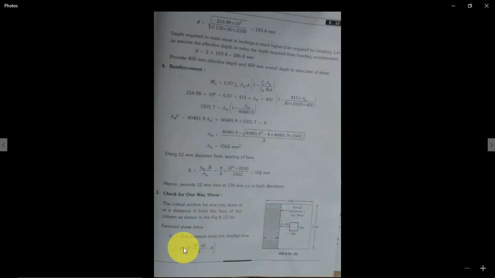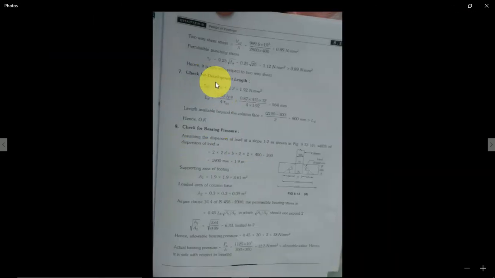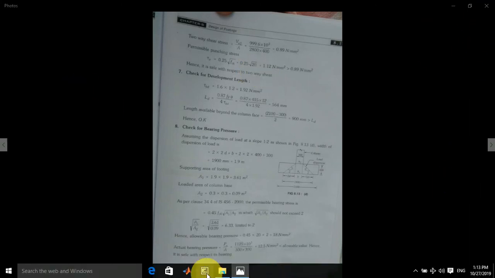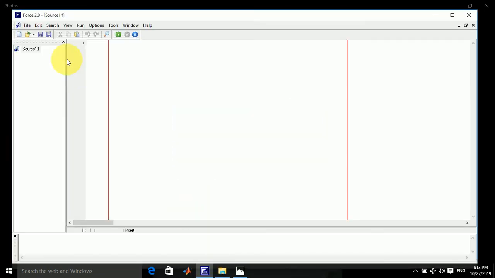But check for one way shear. This is the formula. Check for one way shear. Then check for two way shear. Then check for development. Everything is as usual, we know. Please refer to any of the standard textbooks. Then coming to the original thing,